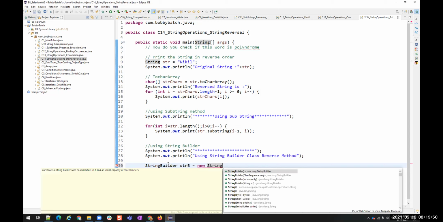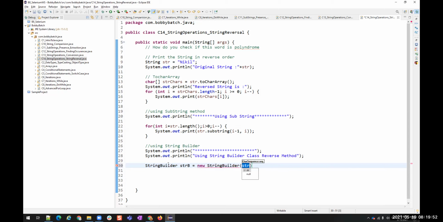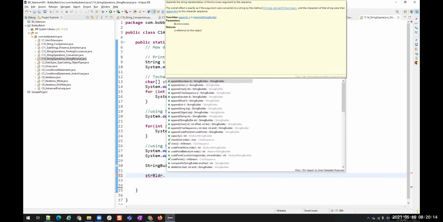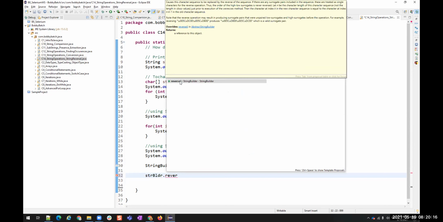We are creating an object for this string str, converting our string into this StringBuilder object. Now you see strBldr dot, there is a reverse method here directly on the StringBuilder class. So we can use it there.